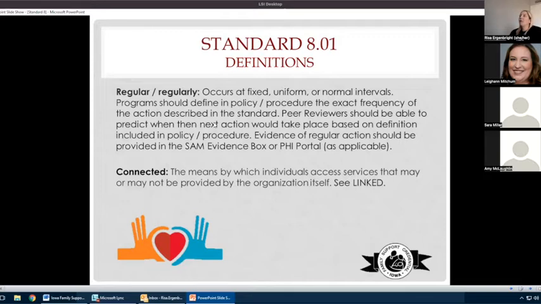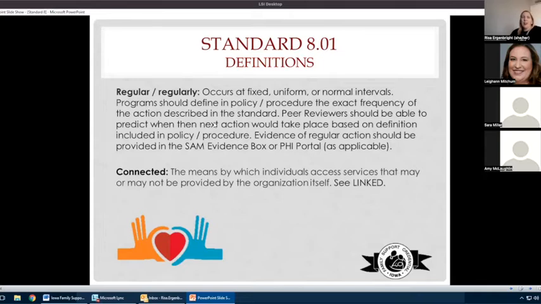Or if you use quarterly, you can kind of go through and say, all right, January, February, March, yep, there was one done. I know that the next one is going to be done in April, May, June. Yeah. So you can kind of know when the next one's going to be done. Sometimes we will see a definition in there for regularly that really doesn't tell us when the next one's going to be done.